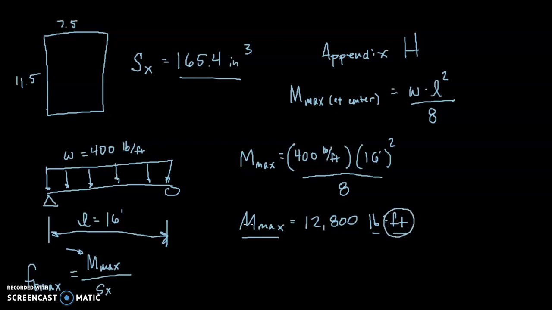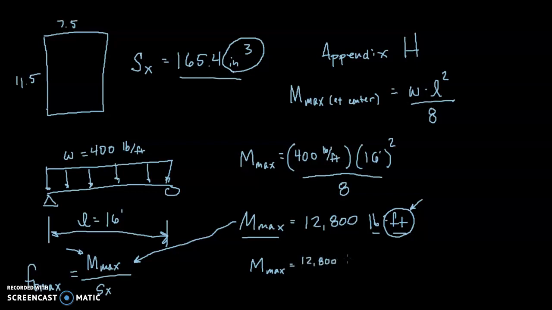We are going to take this moment value and plug it into this formula, which is the maximum moment divided by section modulus. The units for section modulus are inches to the third power, not feet to the third power. So we're going to have to convert these units to make them usable. It's easier to convert the moment units to inches than it is to convert the section modulus into feet, at least I think so. So this maximum moment is now going to become